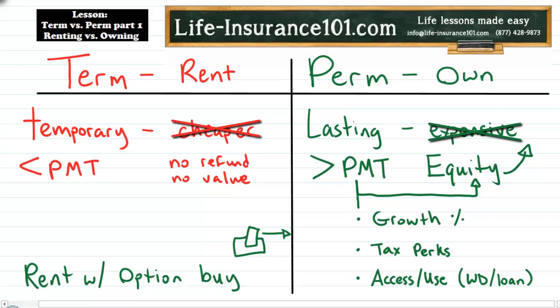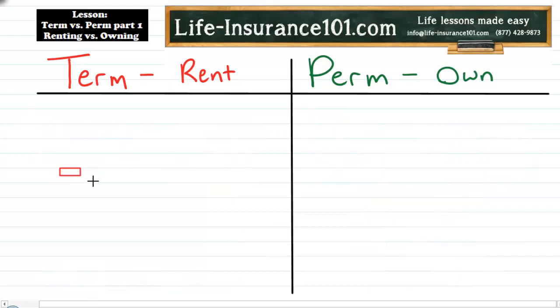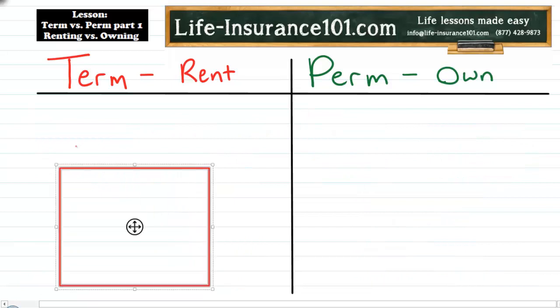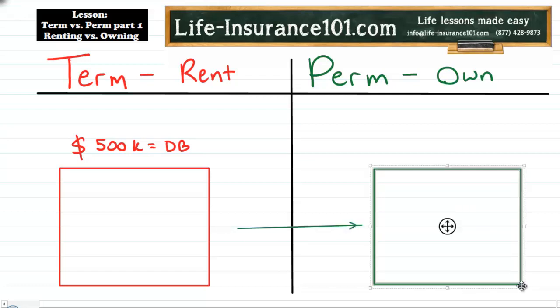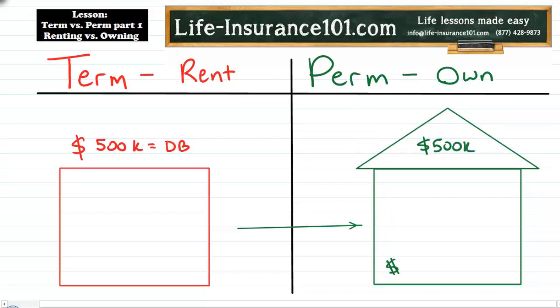So if you got a 20-year term, at any time during those 20 years, you could convert your term policy to a permanent policy. Another way to look at convertible term would be like renting a plot of land, say worth $500,000, and this would be equal to your death benefit. Only in the terms of your rental agreement, you actually have the contractual right to build upon that property. And you can do so at any time during your rental term. You can do so for the full amount, and all future payments will begin building equity in that property.